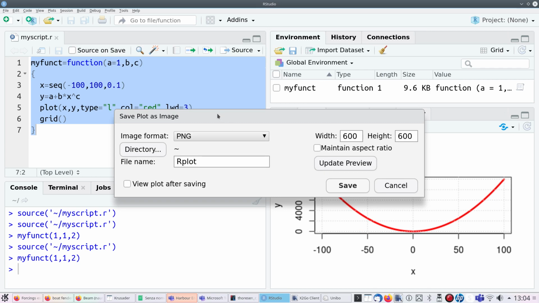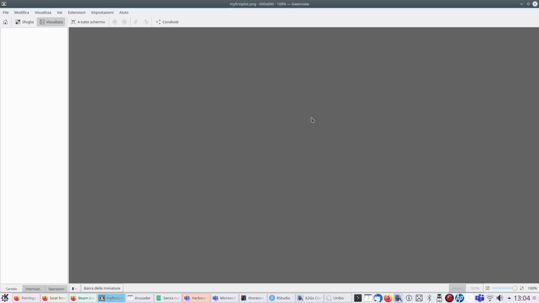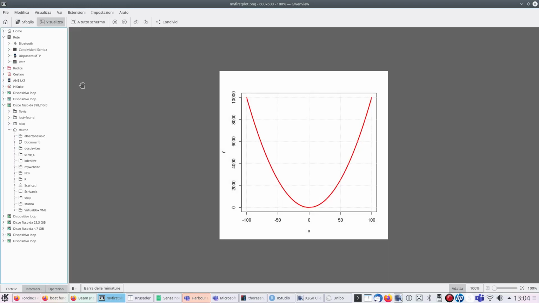I don't see anything more. Okay, and let's put in view plot after saving. File name, let's put my first plot. Good, and then we can make save. Okay, here it is, and it's opened,